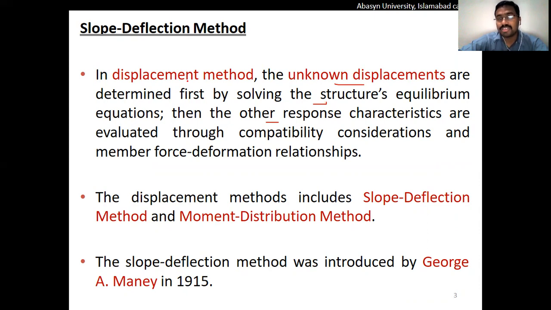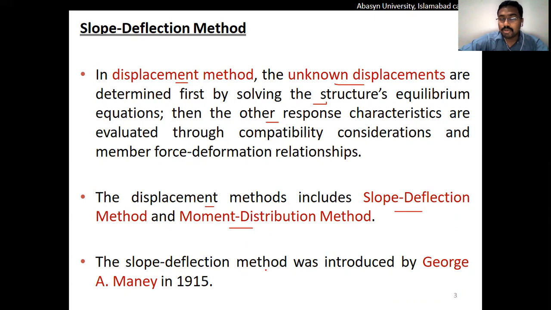But the basic difference between the force and displacement methods is that in the force method, first of all the unknown redundant forces are calculated, while in the displacement method, first of all we calculate the unknown displacements. As I already mentioned, there are two methods that come under the force method of analysis. Similarly, the two methods we are going to study in the displacement methods are the slope and deflection method first, and second the moment distribution method. We will study both these methods in detail for both beam structures and frame structures.